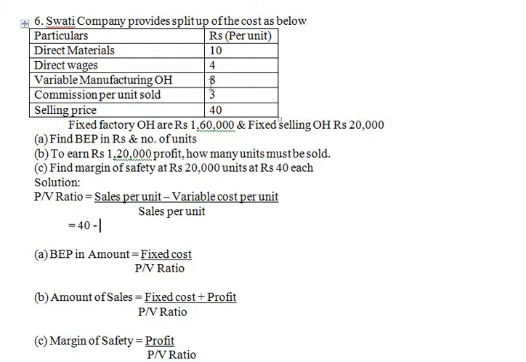So we will have to add all these. 10 plus 4 plus 8 plus 3, 25 it will be, because variable cost depends on production. So these all expenses will be relating to production. Sometimes if production increases, these expenses increase. Sometimes if the production decreases, these expenses will also decrease. So accordingly we need to add it and take it. So that is 25 rupees divided